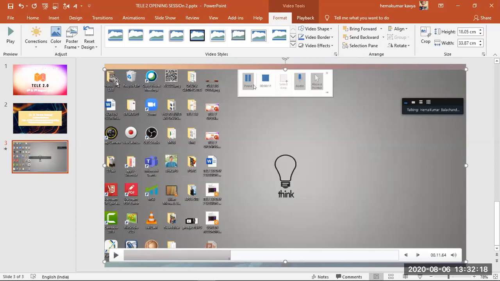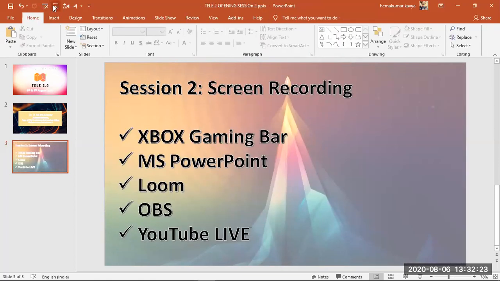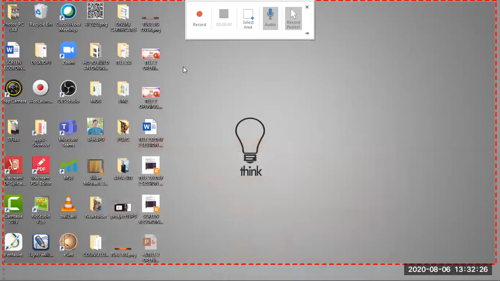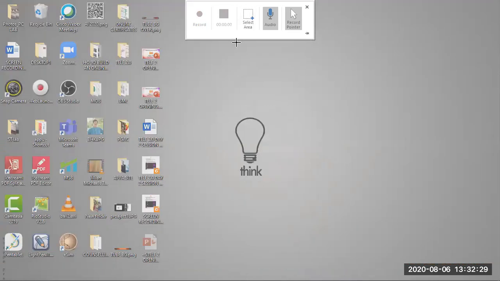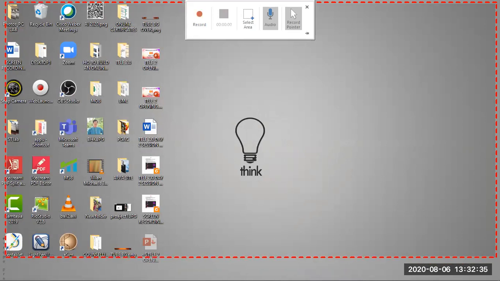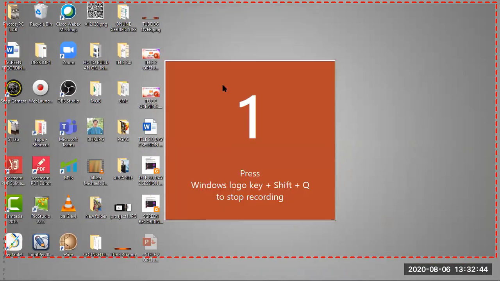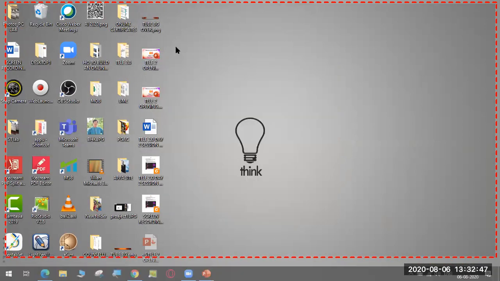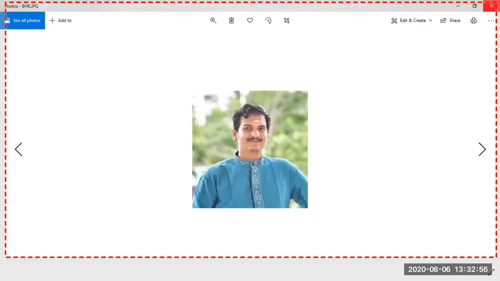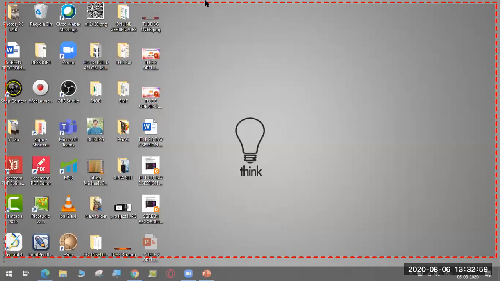Please explain once again. From past seconds, you were not audible. I just delete it. I have to click on screen recording. I have to select the area where I'm going to record. Once selection is done, I'll click on record. Now it will start to record. Whatever I do in this, suppose I open a photograph or something, everything will be recorded. Fine. Okay. So now it is getting recorded.